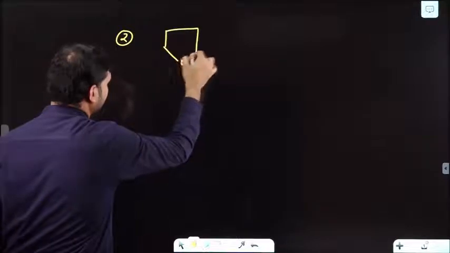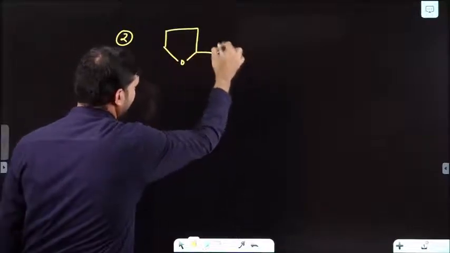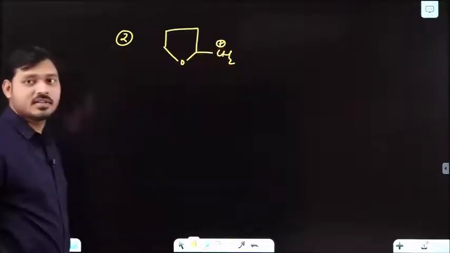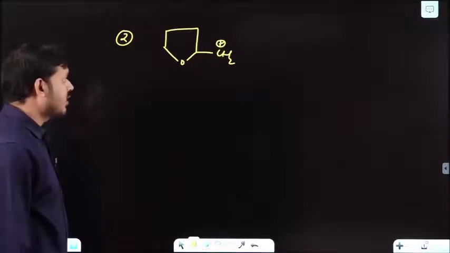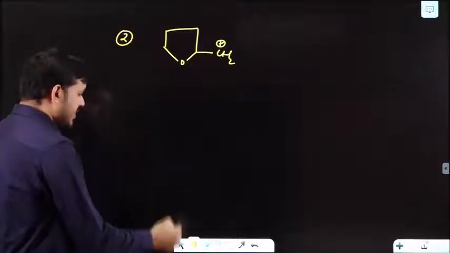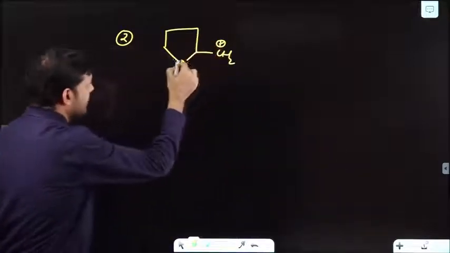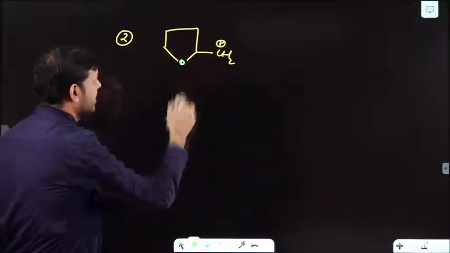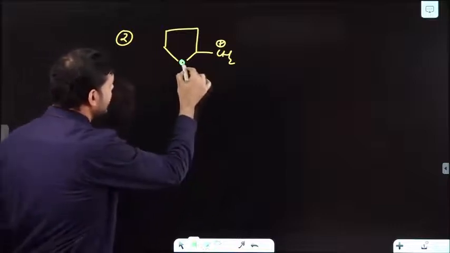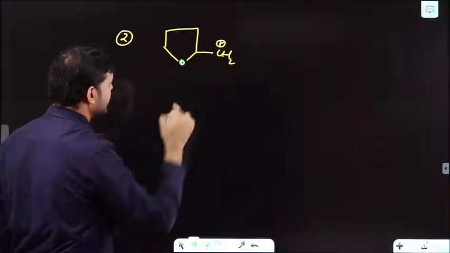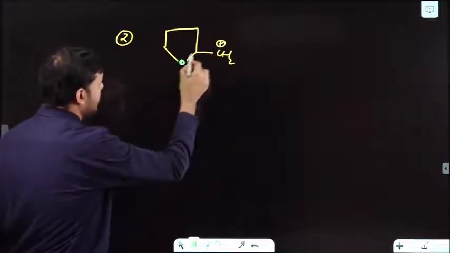Second case, you are having this cation, suppose. Now here what you have to do, you have to make first of all what? Ring expansion. How you will do? See, this is a 5-membered ring. From this part, this oxygen is having lone pair. So you may say, sir, this can make a ring expansion like this. No. Why? Because